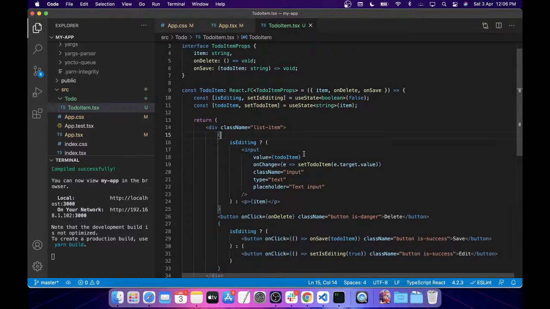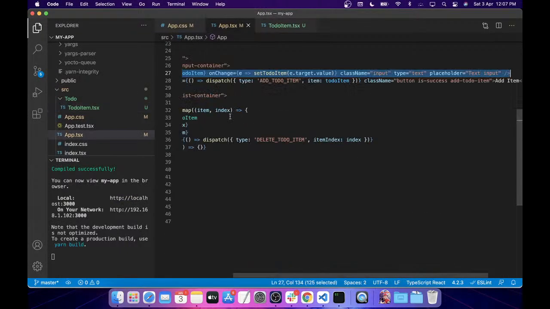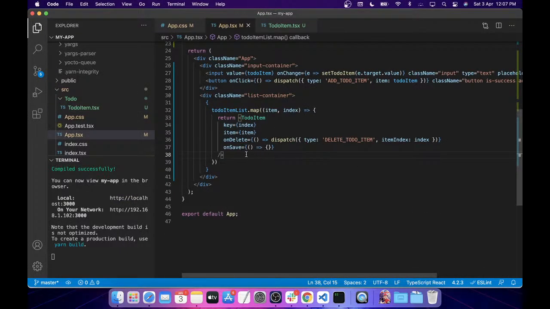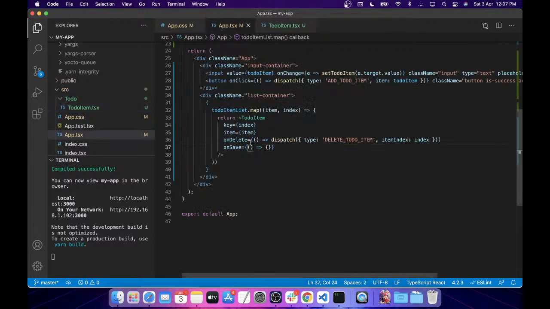So that is good. Now let's go here and reload this. So let's say by phone add item, by something add item. Now if I click on edit, then you can see this is converting to save. Same goes for this, right? But right now we haven't defined any on save here because it's an empty function. So when we call on save, we pass in the to do item, which will be passed in here. So let's